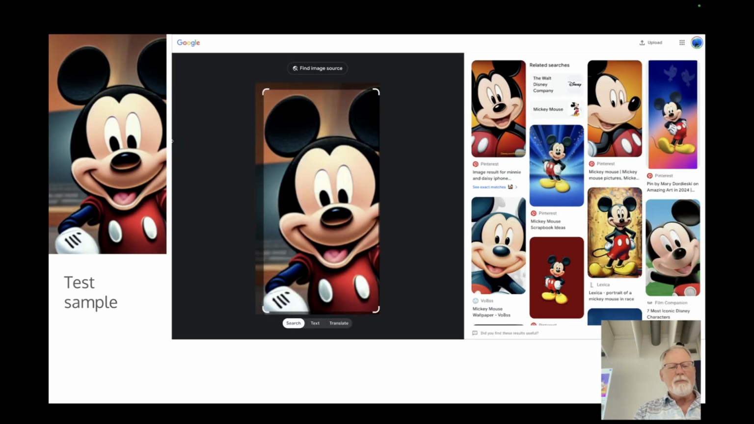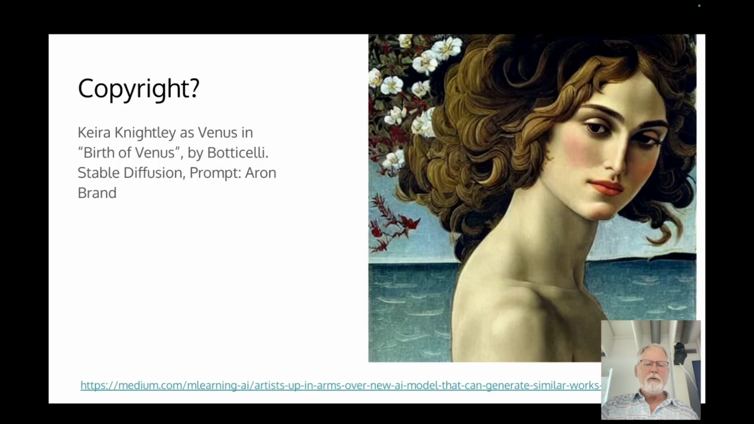So here's a test sample. You can go search for it on Google and find all the matching images. And if you see something like that, you should think about what you're doing, because you're not actually adding new content to the world. So rethink where you're going. On the other hand,